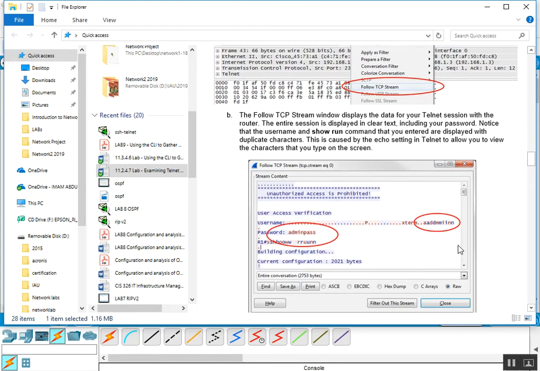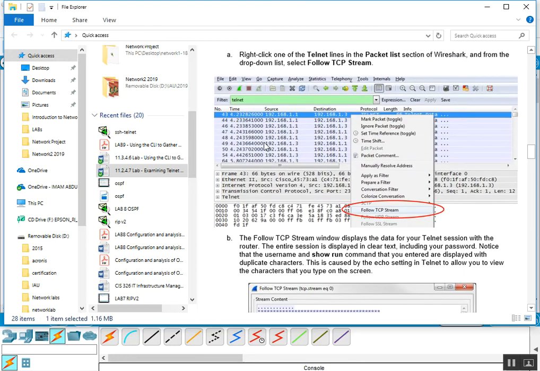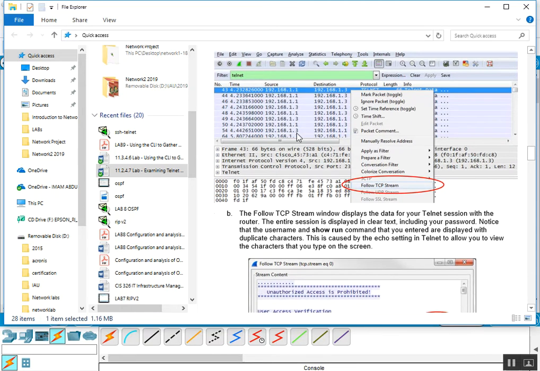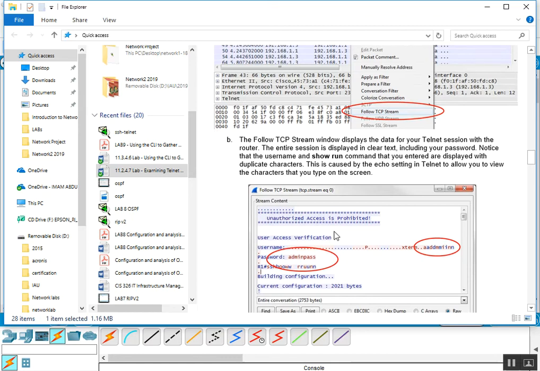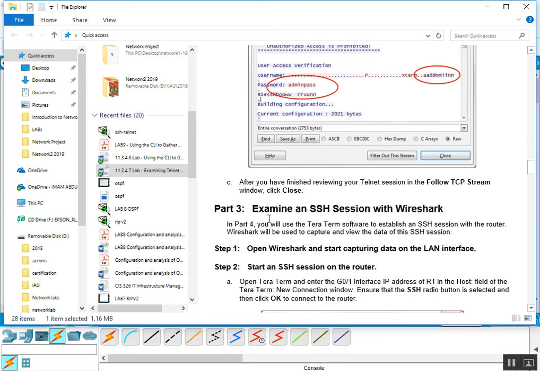TCP stream, we can see the clear password used, which is the line VTY password used by this remote connection. Will any telnet packet include the clear text password? Yeah, any packet of the telnet. Telnet packets normally go from the source to the destination when we have this communication. For this reason, this mode of remote access is not used nowadays, and we replace it by SSH